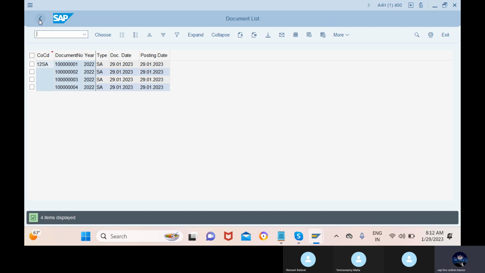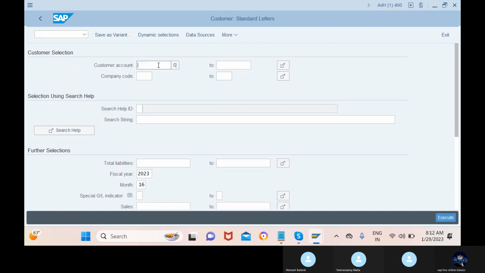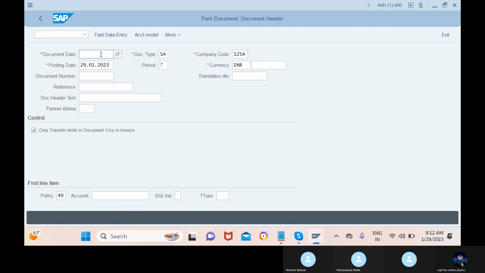Okay guys, now I'll go to transaction code F-65. Earlier we had taken the transaction code F-02 and parked the document, but by using F-65 you can park a document automatically. So I'm now selecting the document date,